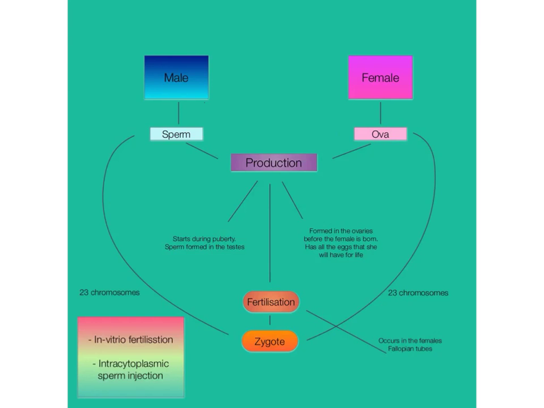Around 1 in 5 couples experience fertility problems and rely on other methods to carry out the process of fertilization. One of the most common techniques used to assist with fertilization is called in vitro fertilization, otherwise known as IVF. IVF involves extracting ova from the woman's ovaries and mixing them with sperm outside the woman's body, often in a petri dish. If a zygote is created in this way, it can be implanted in the woman's uterus using a long, hollow needle or frozen to be implanted in the future.